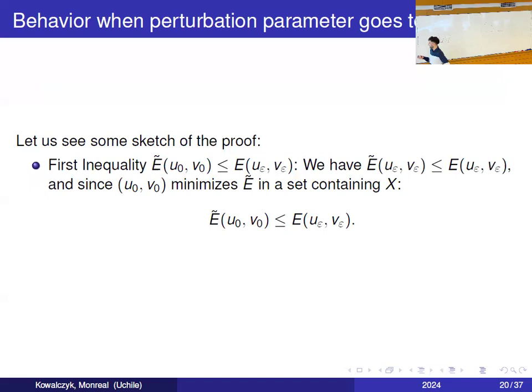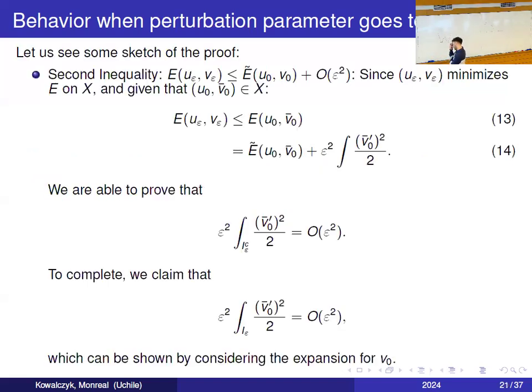The first one is very natural. It's just, okay, first we see that the Thomas-Fermi approximation energy takes lower values. And given that u0, v0 minimizes E tilde, then we have this, the first one. Now for the second one, we want to use the minimizing property of u epsilon, v epsilon. But the problem is that this function doesn't necessarily lie in H1 loc because it has this singularity point. So we have to do something with that because we cannot just use this estimate and put v0 here.